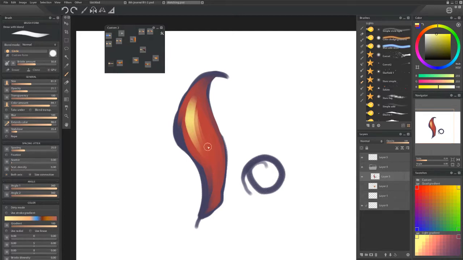I'm not actually sure what I'm drawing right now. I'm just kind of messing around with shapes. Sort of doing a flamey thing. Anyway,